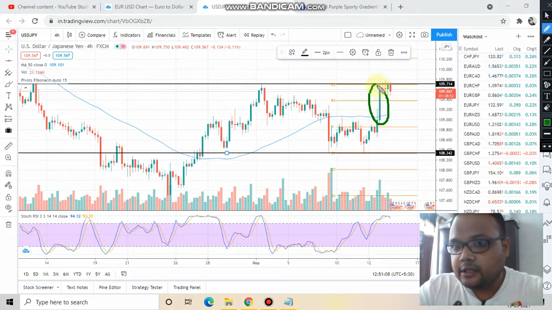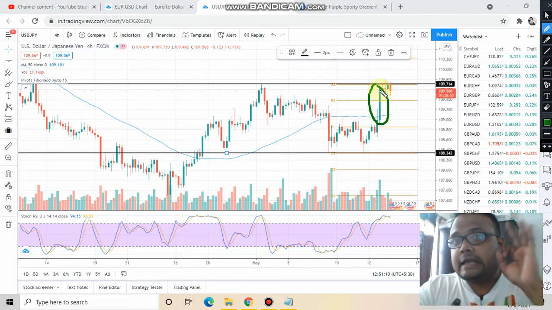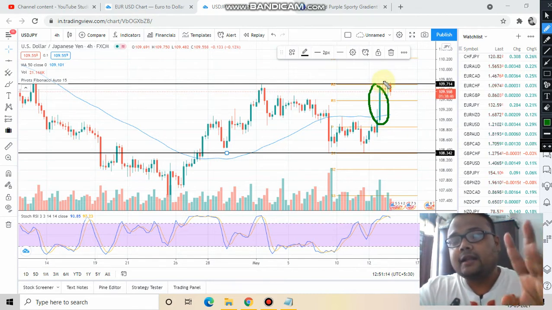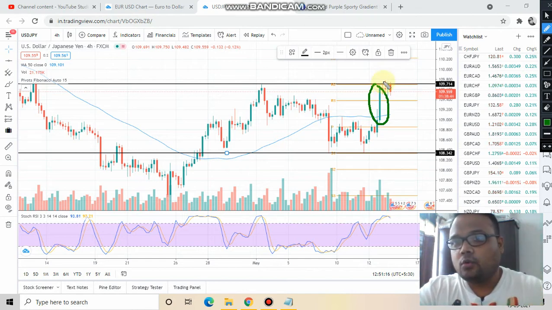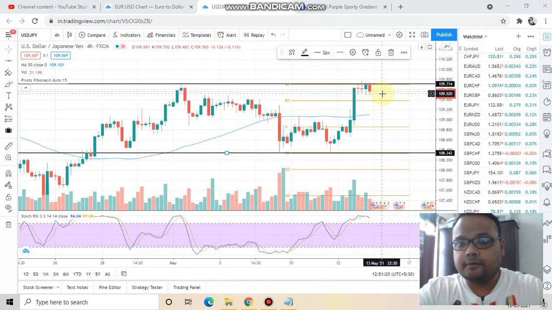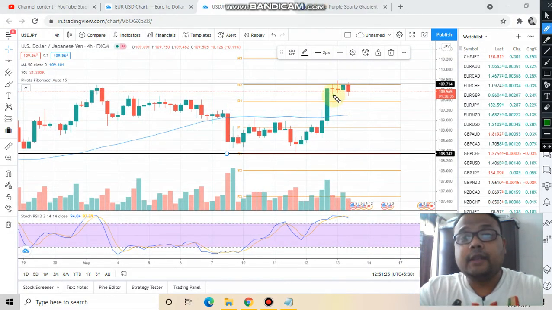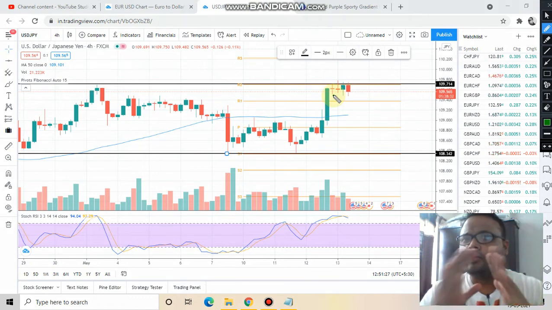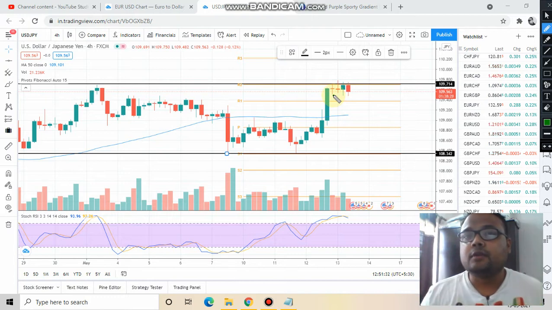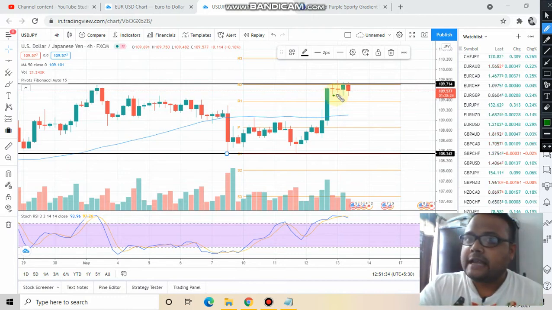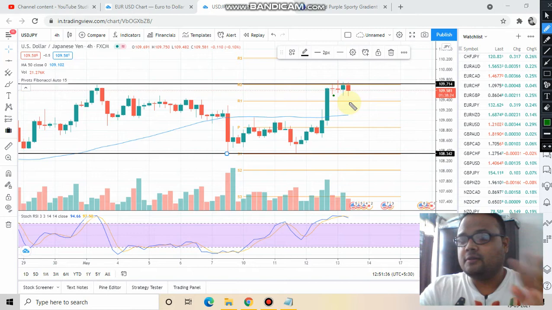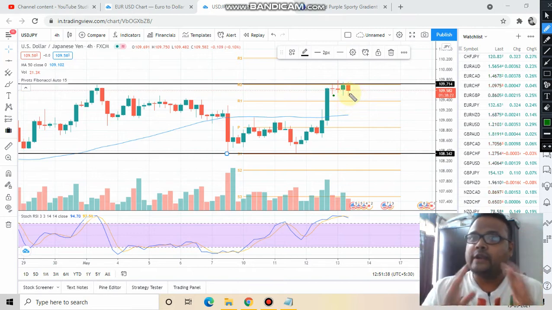Just try to understand the market psychology here. This candle, huge selling pressure, market hit the resistance. After that, the market has formed 4 candles after reaching this resistance level, 1 2 3 4. Let me zoom in. Just look at these 4 candles. Spinning top means no decision. Instead of reversing, there was a good tug of war situation between the bulls and the bears. No decision. Second candle also no decision. Bulls and bears both were equally strong.